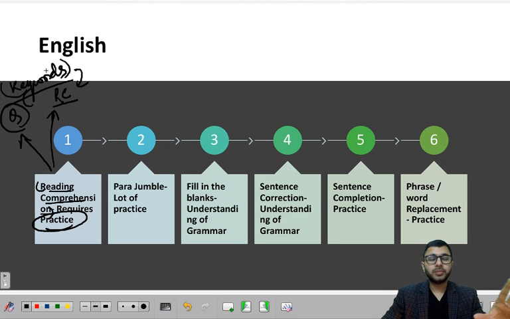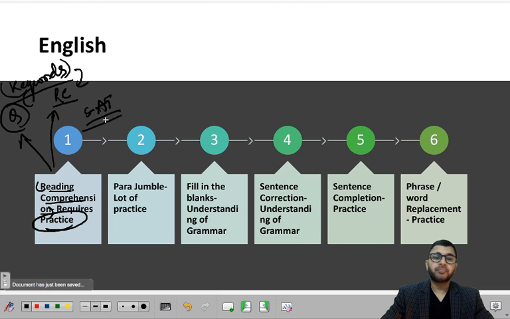Okay, this should be the theme of the RC, this should be what the RC would be talking about, and then you go and read the RC. As soon as you start finding answers to these 5 questions, you start answering them. That is how you have to go about it. But all of this needs a lot of practice, and as I had said before, CAT material is the best to practice them.